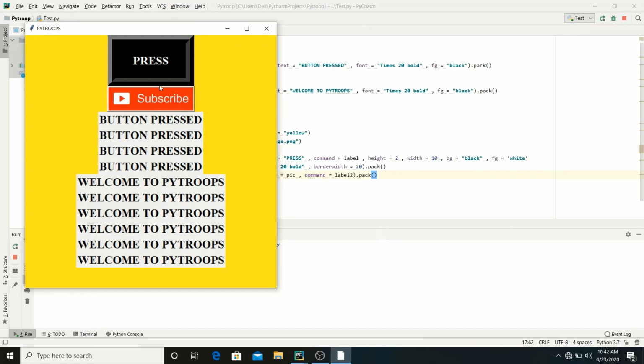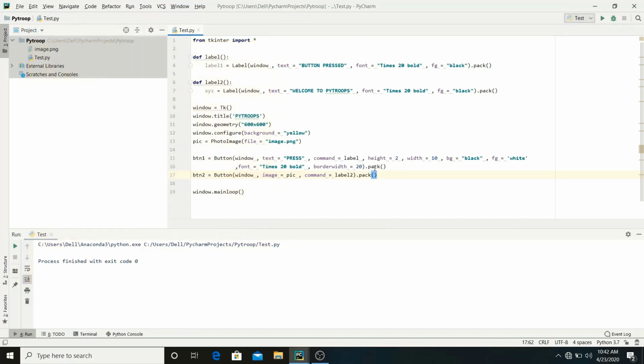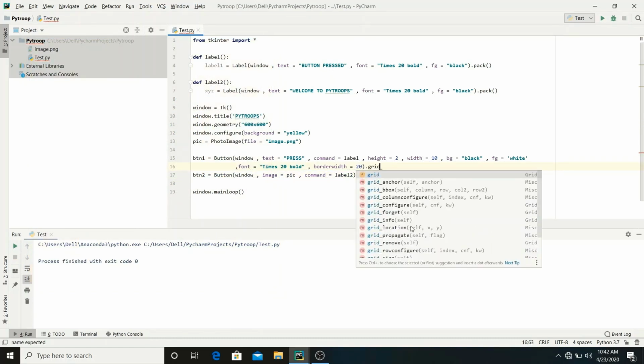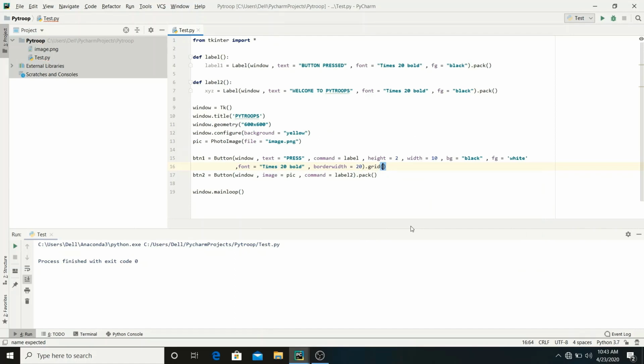See, there is no space between the buttons, so we can fix it by using grid instead of pack. Grid, let's say row is equals to 0 and column is equals to 0 as well.